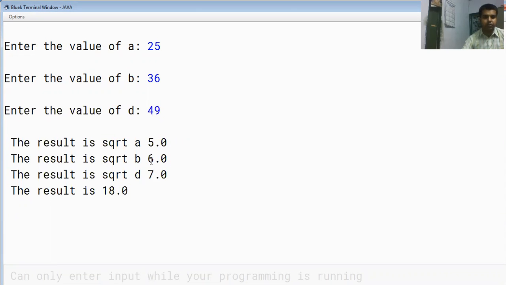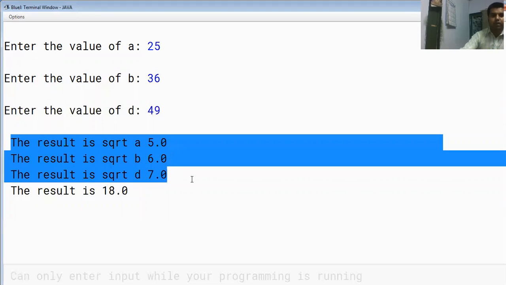Now if you add up, 7 plus 5 is 12, plus 6 is 18. 18 is the result. So as you can see, your square root calculation is happening successfully. Not only that, you have the sum of the square root values. This is the output of your square root expressions.